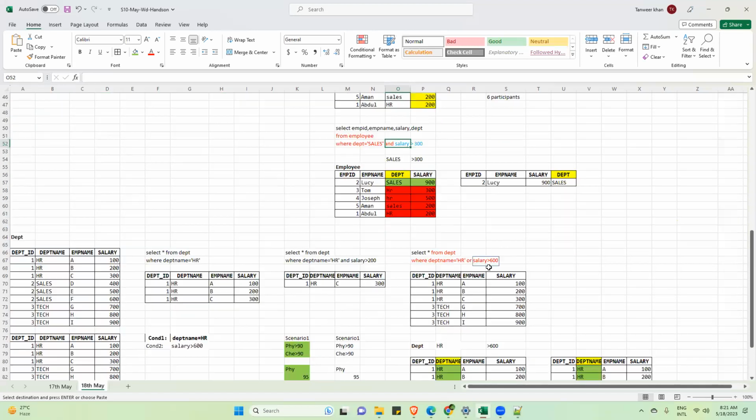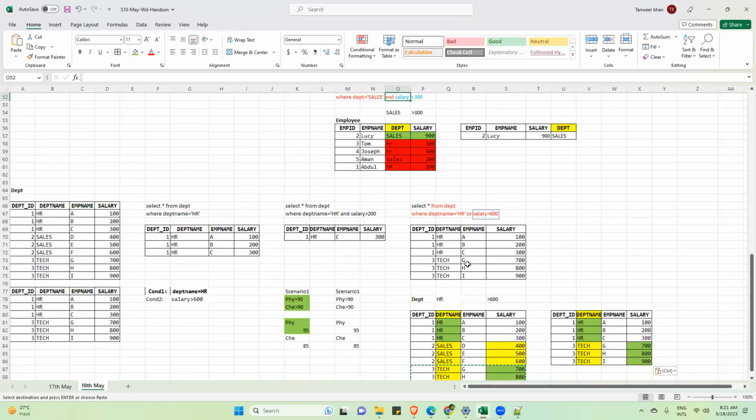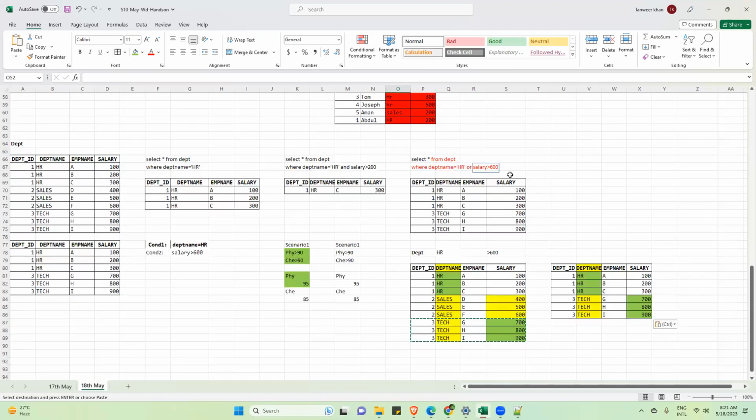But in the OR operator, it is just the opposite. The second condition will be tested on the rejected records because the selected records have already cleared the first round. Then why would you test them again? They have been selected already. The second condition will be tested on the rejected records because you want to test how many others are there who can fulfill the second condition. Is this clear, guys?